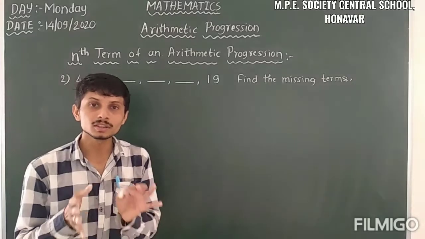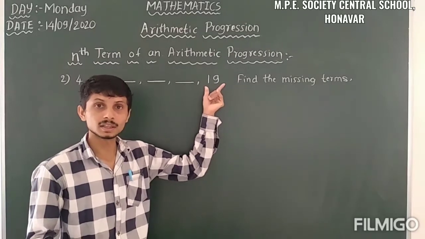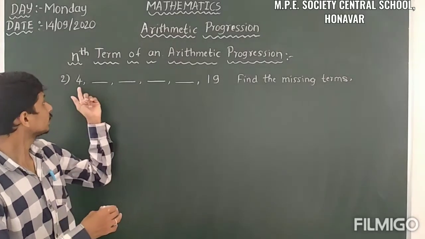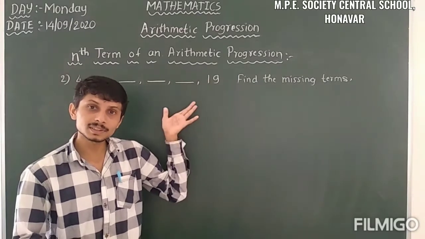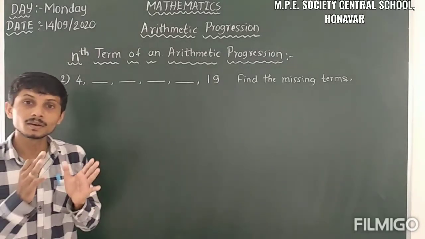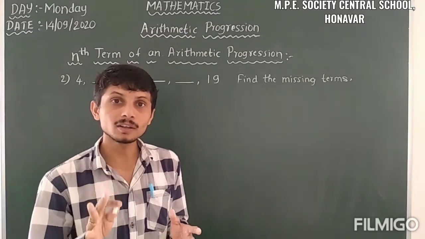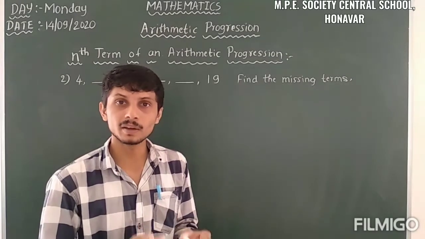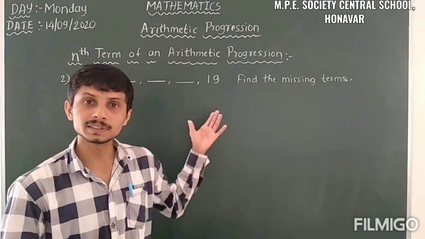So how do we find those terms? With the help of the nth term of an AP, because here the nth term is 19. Here it is the 6th term, so we can identify its first term, second term, third term, fourth term, fifth term and 6th term. The 6th term of this AP is 19, and the first term we have. But what is missing in the formula is d. The value of d is missing here. From the formula of the nth term of an AP, we have to find out the value of d.